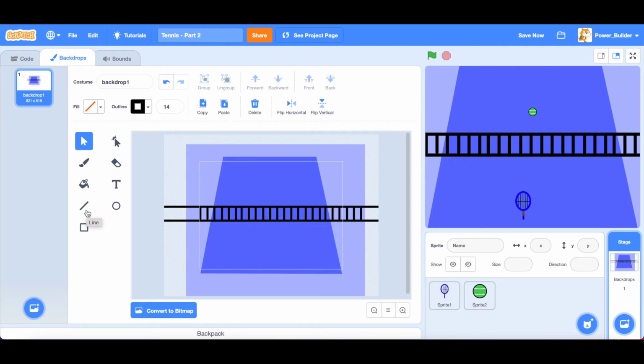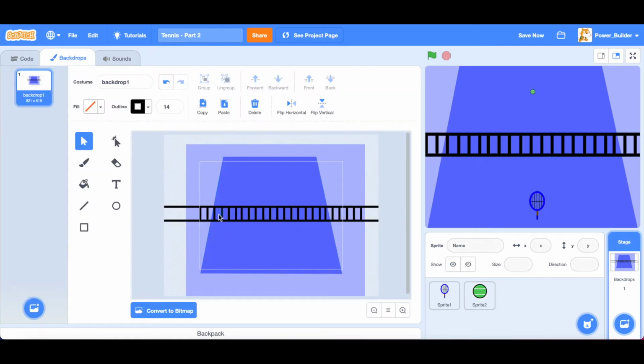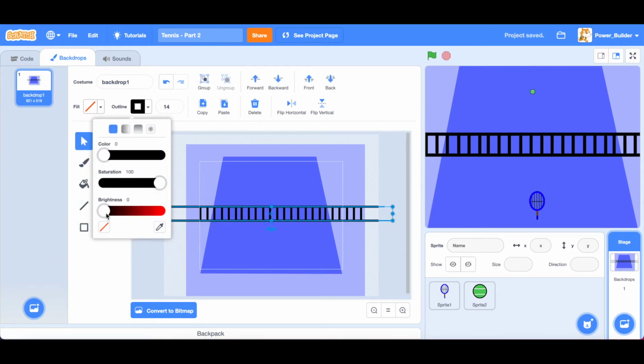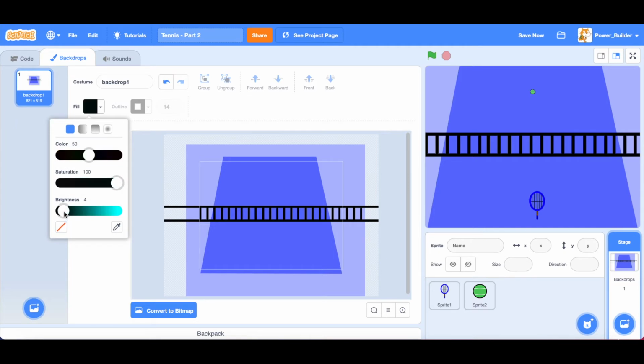Okay, so I pretty much finished drawing the court. I'm not going to worry about anything else, since otherwise the video will be a little boring. So the ball comes from over there. Oh yeah, and as you can see, I made the net. This is going to have to be a brightness of 1, so it actually detects the wrong color.